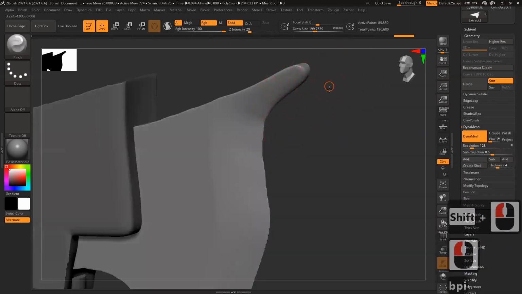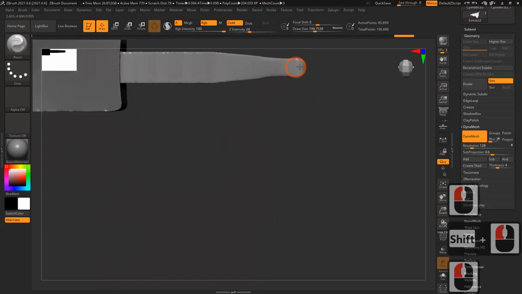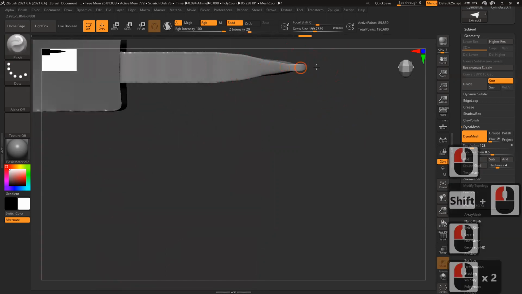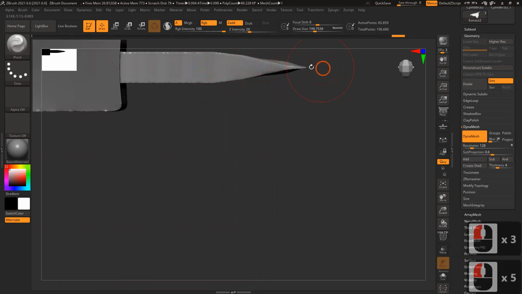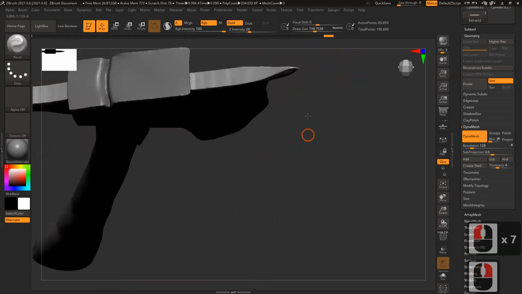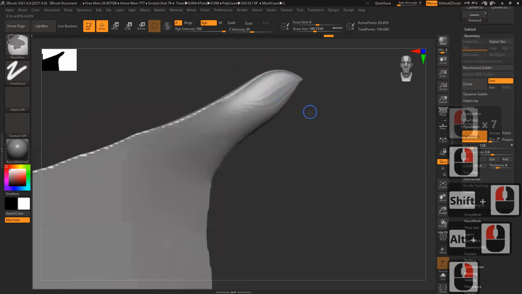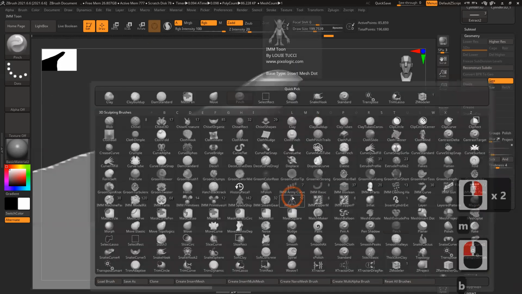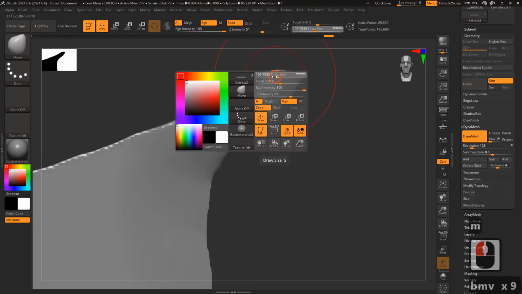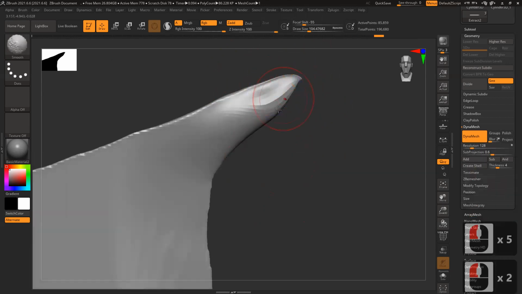Pinch brush. Top view also, I have to pinch it. Pinch, create the blade, so it becomes thin. And this angle, those things I can fix. Move brush, reduce the brush size. I can make a straight, clean line here.